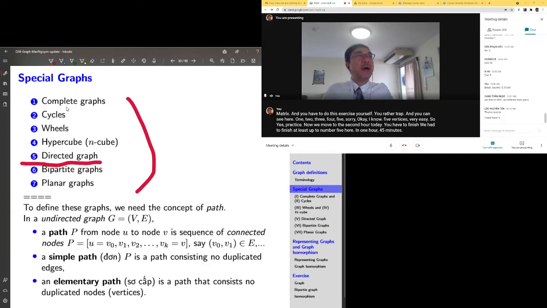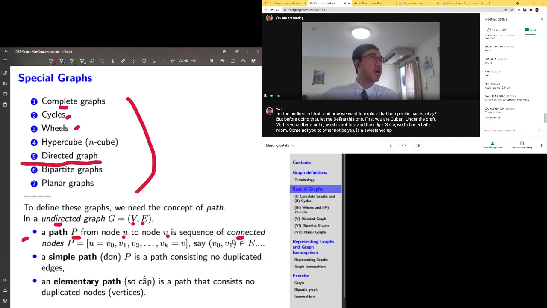We have only one general definition for the undirected graph, and now we want to explore that for specific cases. Okay, but before doing that, let me define this one first. You are given an undirected graph with the vertex set V and the edge set E. We define a path from some node U to another node V as a sequence of